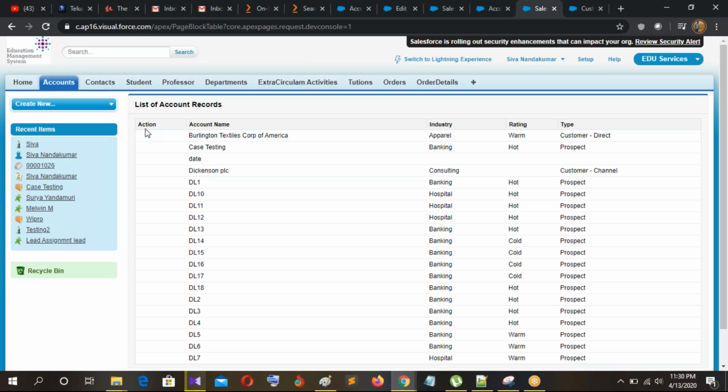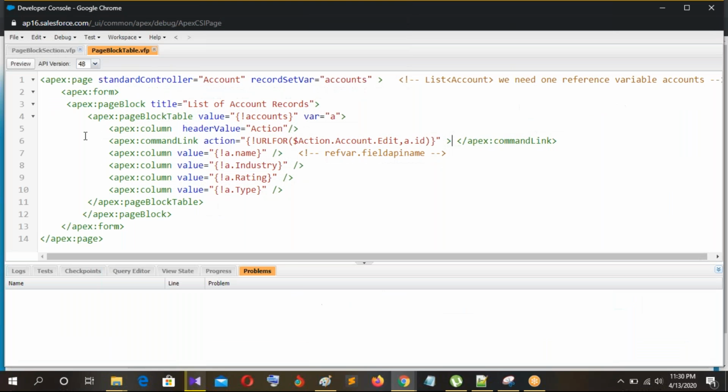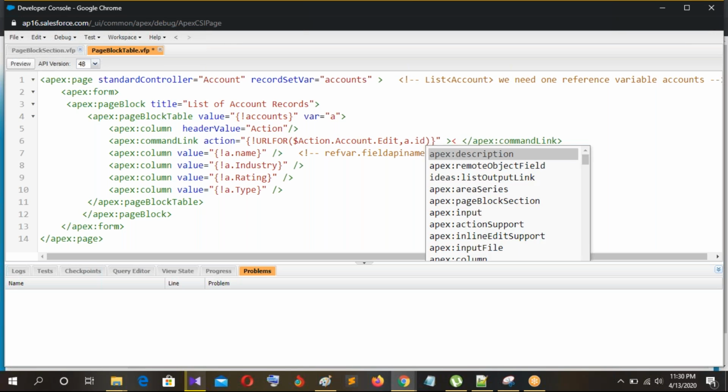See this one. Action is there. ID, no ID. No ID is not there. We did not mention any ID. Edit and delete. Edit and delete. So what we do